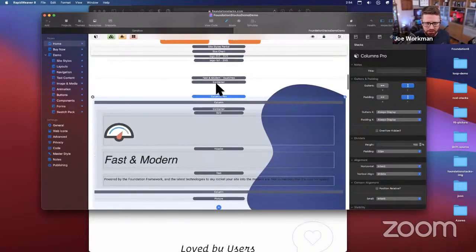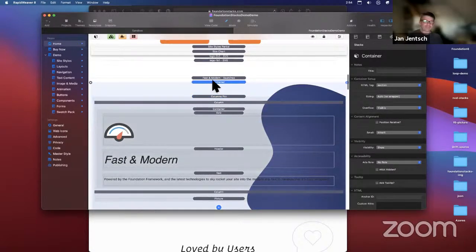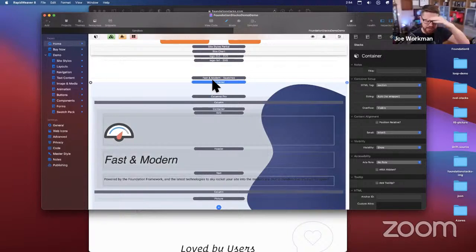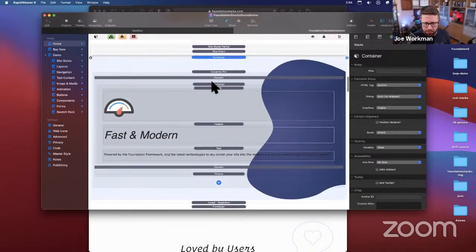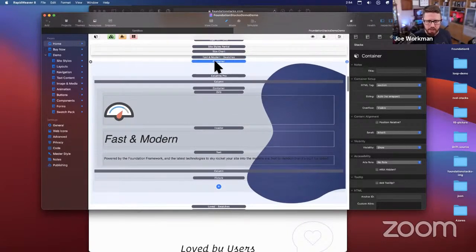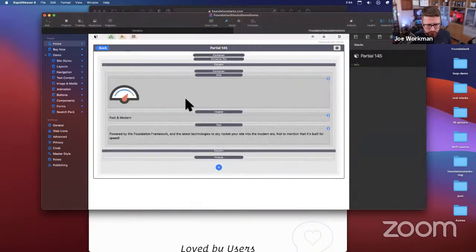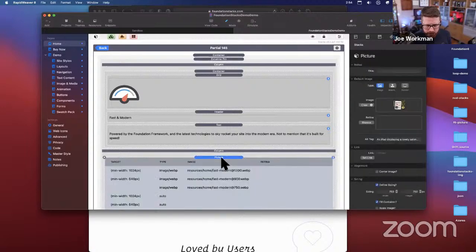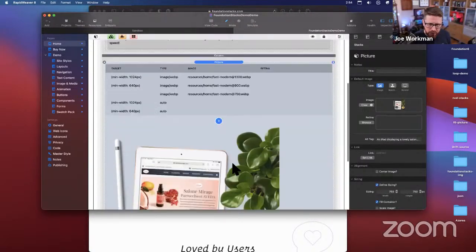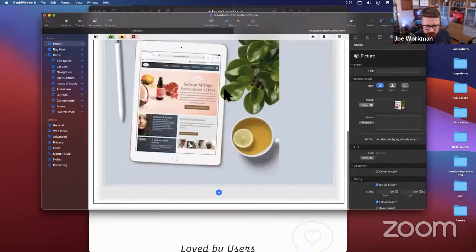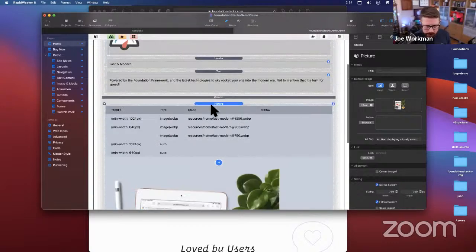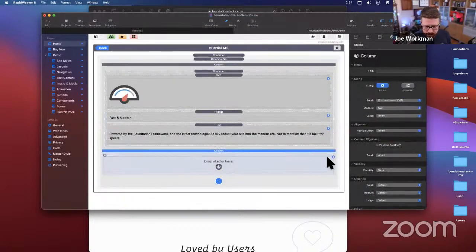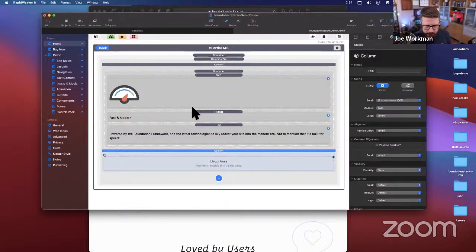All right, so let's say this container here. We want to make a partial out of this, right? So let's go ahead and partial that. Inside this partial, unfortunately, this is a picture stack. You can't unpin that. So we're going to get rid of that picture stack, and I'm going to unpin that area, and